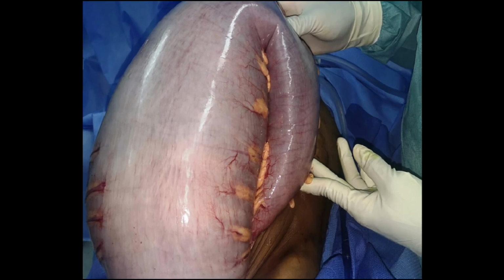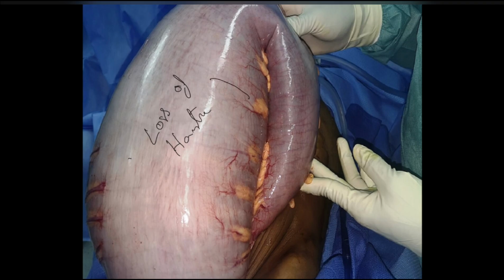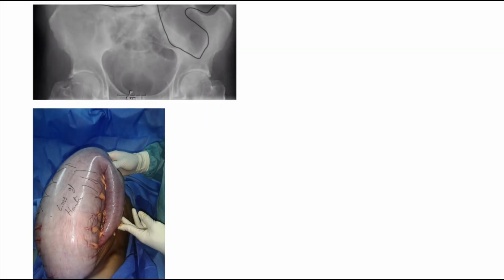You can see this type of dilated colon, and here you can see loss of haustra. So you can't see these lines that we call haustra. You can see here taenia. So I'm highlighting here, this is what we call taenia, a fat-like structure. Okay, so you can see, this is toxic megacolon. Okay,